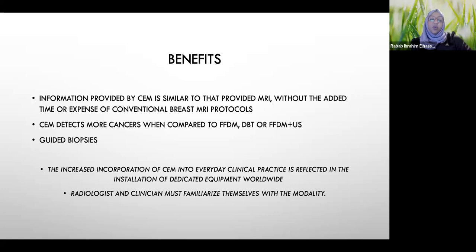So it emerged as a technique that approaches MRI in its sensitivity and specificity, and at the same time alleviates a lot of MRI disadvantages. It detects more cancers when compared to conventional digital mammography,